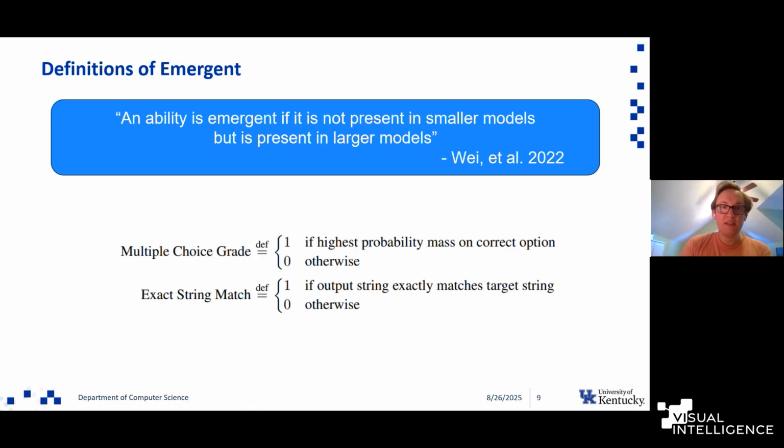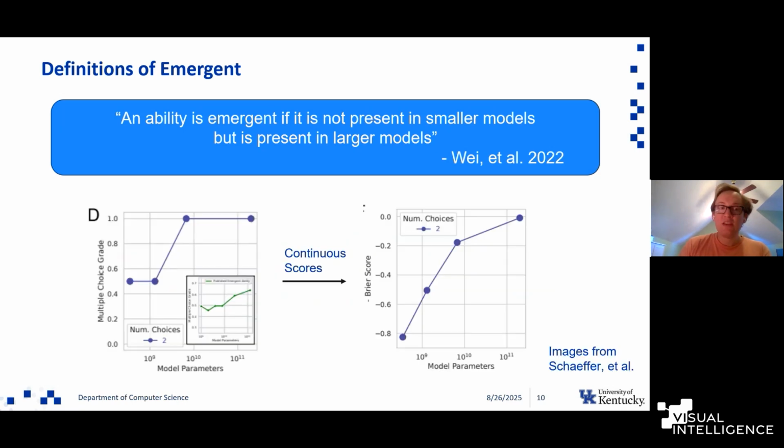I will say this definition isn't perfect, and a lot of it depends on how you are measuring accuracy in your models. You can imagine, for this modular arithmetic problem, or let's say you're doing multiple choice or exact string matching, it's not a continuous accuracy metric. It's either right or it's wrong. There's no in between. In the case of exact string match, it's only right if every single character of your output matches the baseline that you're measuring for. So this discontinuous accuracy metric can cause the jump a little bit.